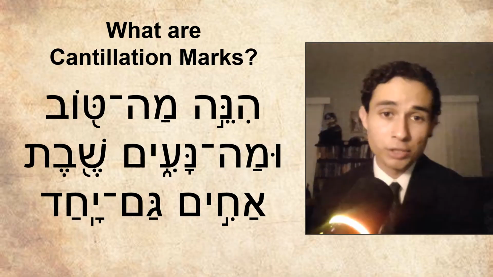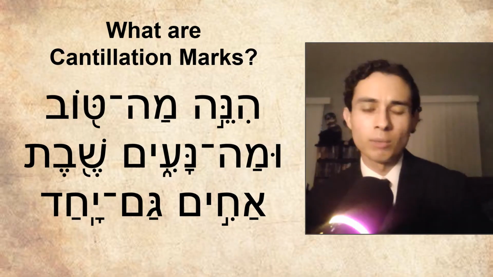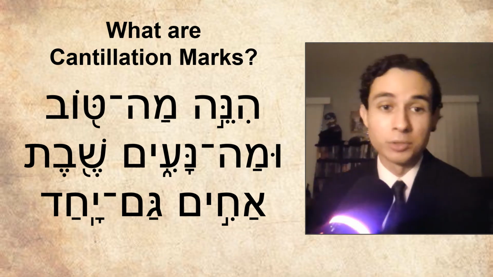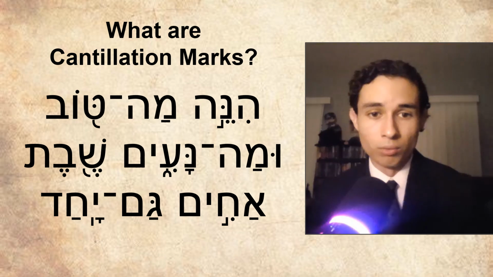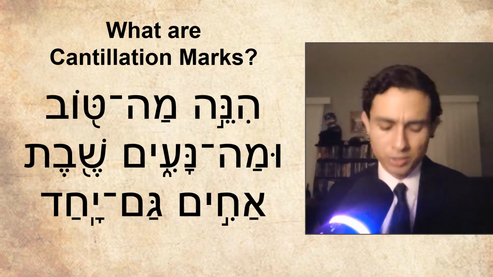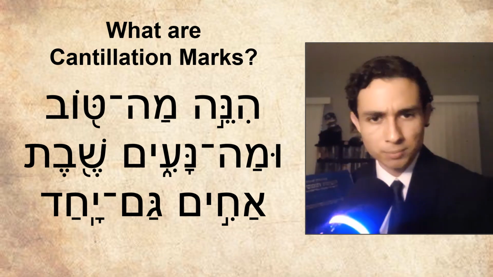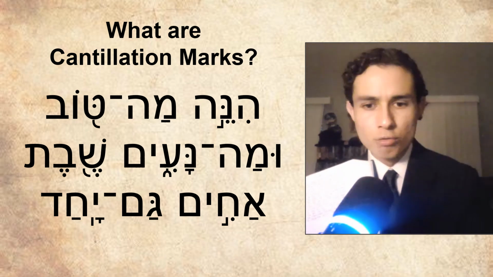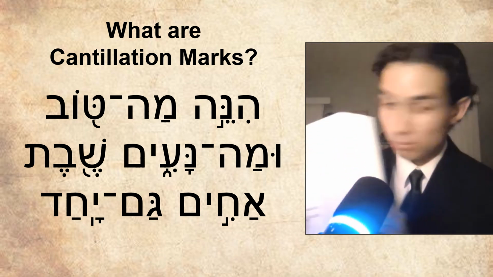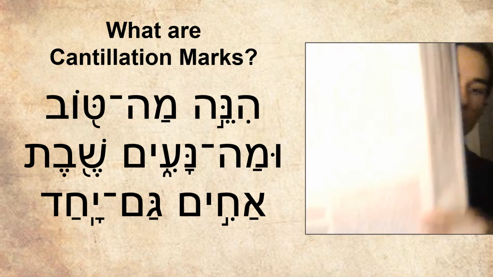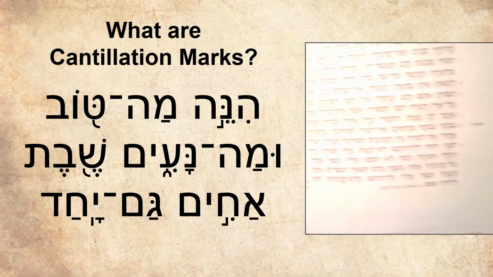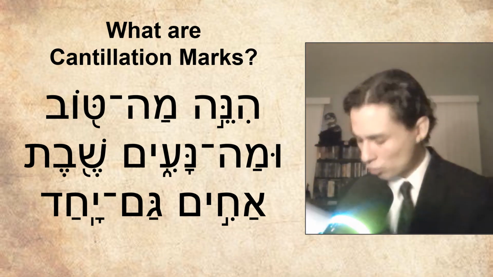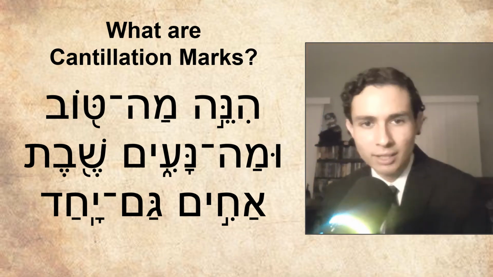So for these last two subjects, they're really questions I wanted to address regarding what you will probably see in your Hebrew Bibles and future discussions. So the first question would be, what are cantillation marks? Because when you open your Hebrew Bibles, or texts such as the Chumash or the Torah or the Tanakh, the Hebrew Bible, you'll be able to recognize the vowel markings by now. So let me show you right there.